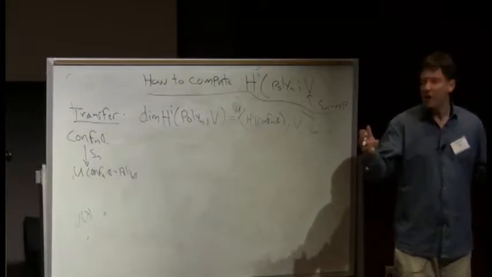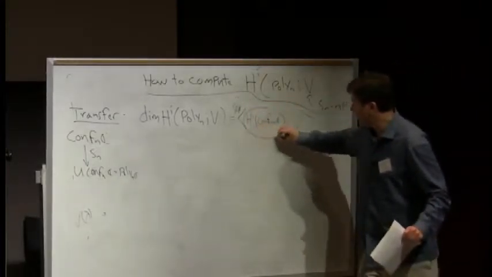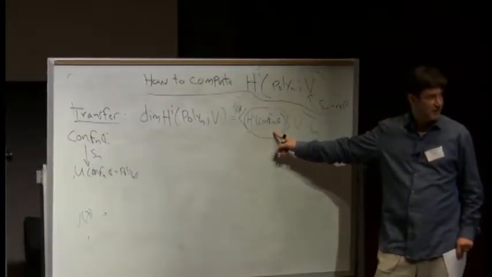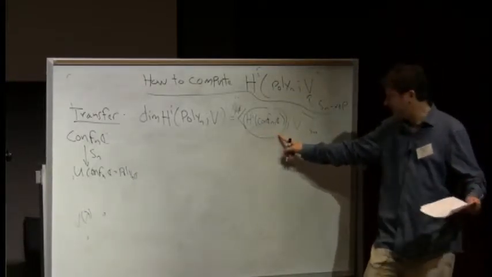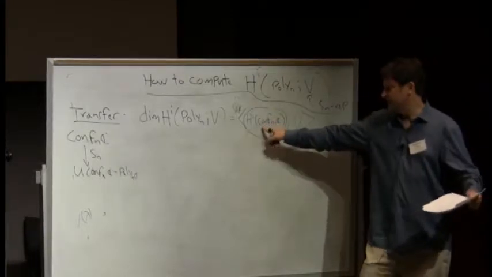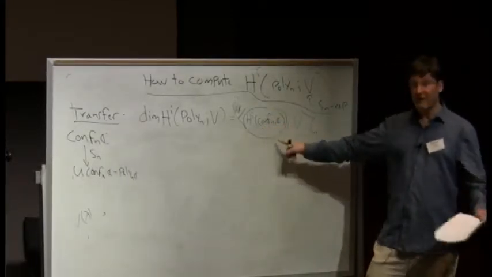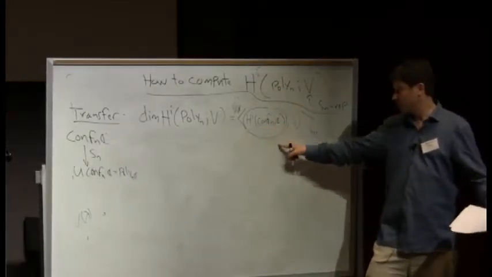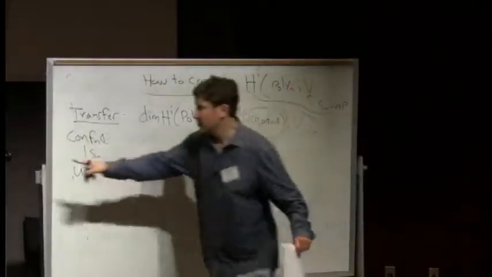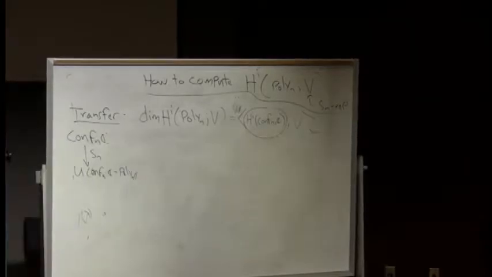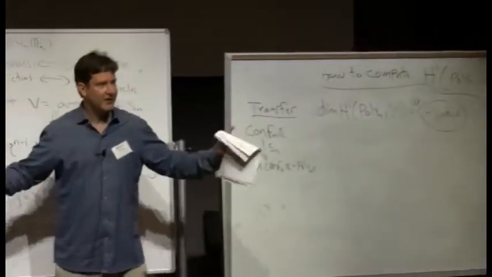Remember I promised you, why do I care about this as a representation? One of the reasons is it encodes and is encoded by the decomposition of this into irreducibles. I'm asking you, what's the right-hand side here? Which by transfer is what's the left-hand side here? Which by super deep stuff are these point counts? So right there, that's what it is.